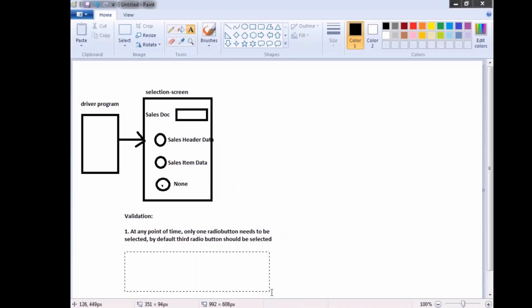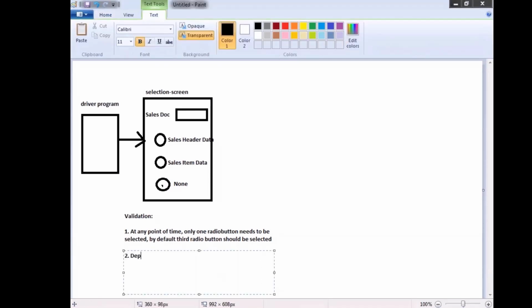And the validation is, if the first radio button is selected, display the sales order header data in the Adobe form, or if the second radio button is selected, display the sales order item data.